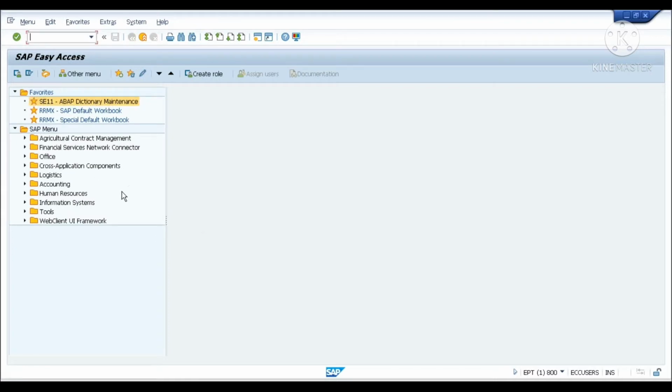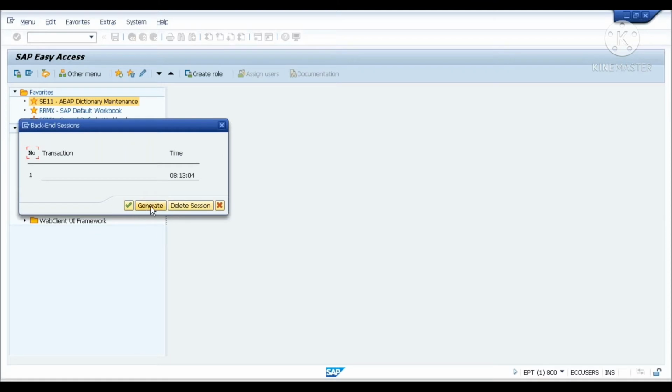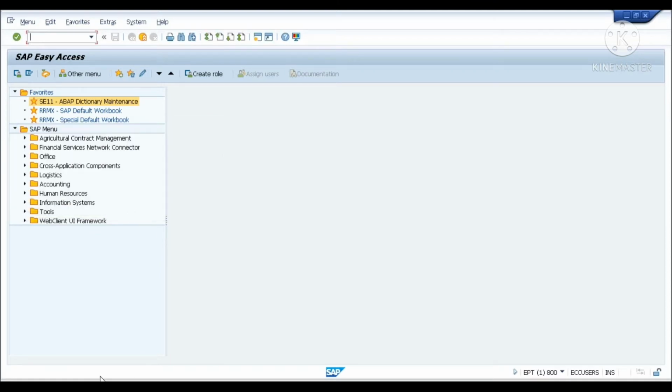If you want to open a new session, meaning a new screen, while keeping this screen, you can do that by clicking on this particular button. You can see the new GUI window. Or what you can do is /o. It will open the new screen, a new session. Click on this OK button, and you can see now it has not opened, some problem is there.